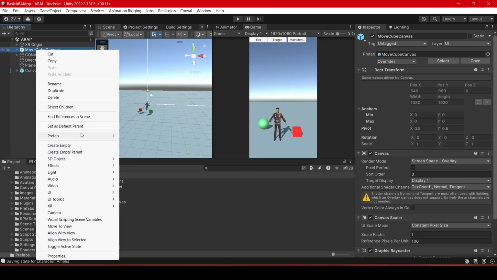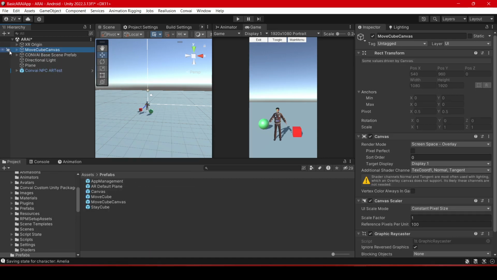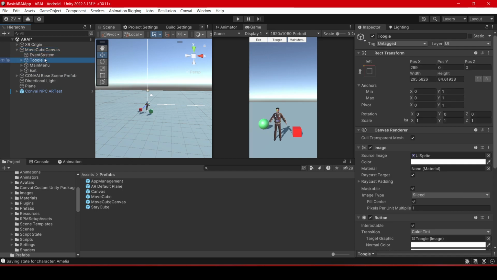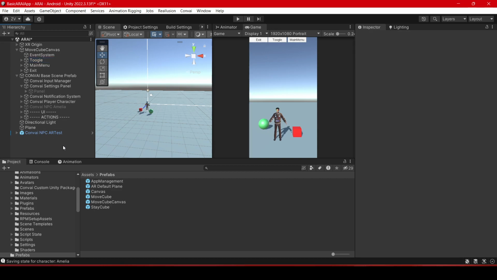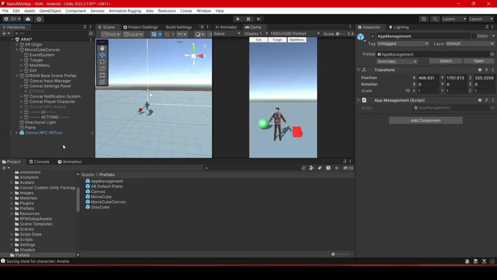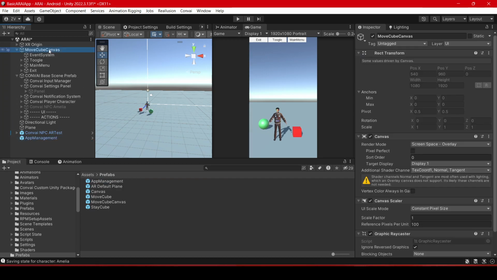I will right click, prefab, unpack completely, and we will add the app management into the hierarchy and go to Move Cube Canvas, rename this to AR Canvas,